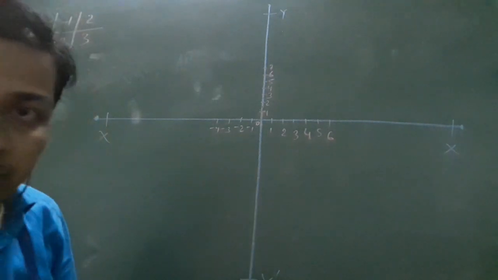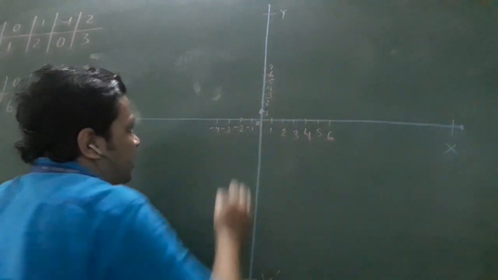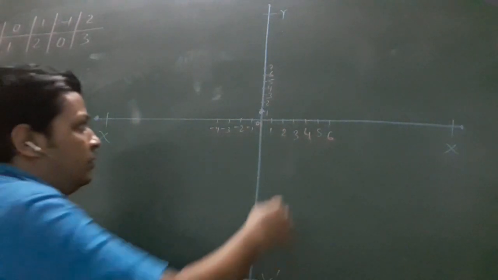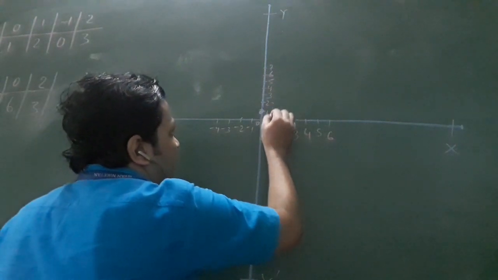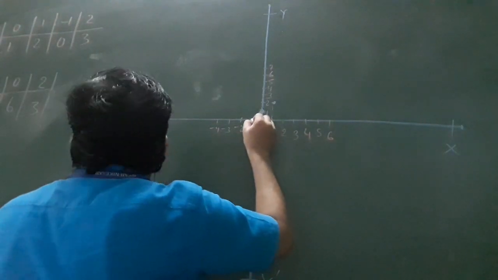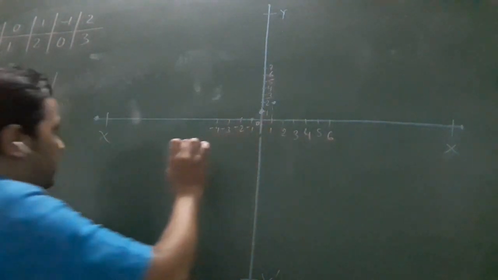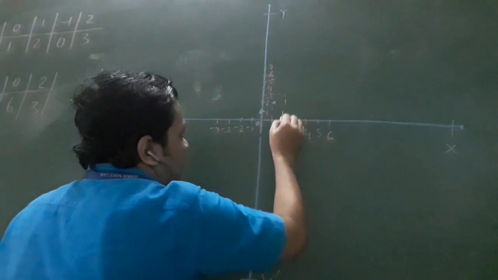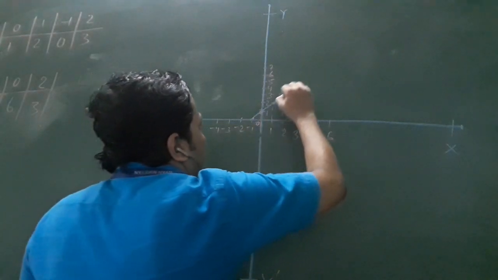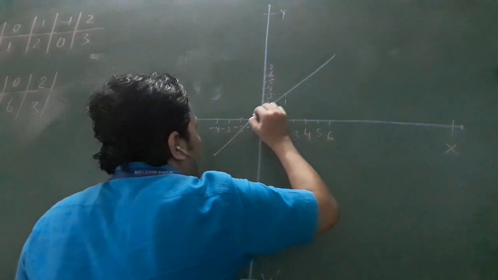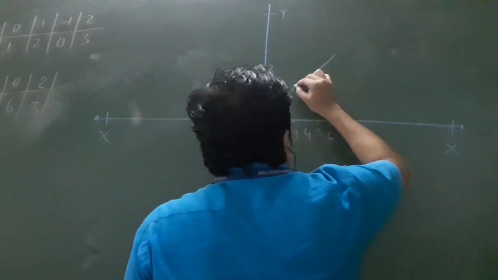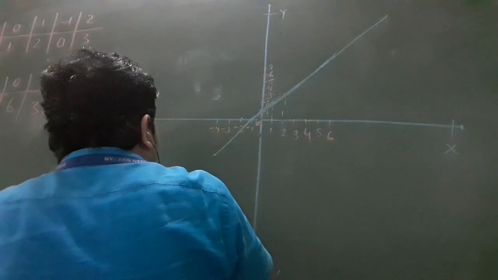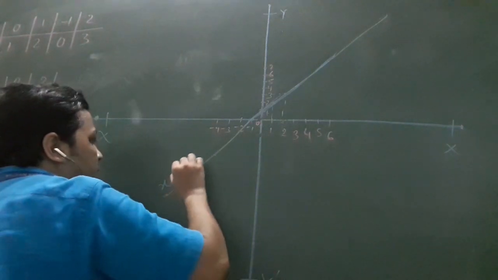First point is x is 0, y is 1. Then second is x is 1, y is 2, second point will be this one. Then x is 2, y is 3, and x is -1, y is 0. Taken together, all the points make one straight line. Now put the equation of the line, that is x minus y plus 1 is equal to 0.